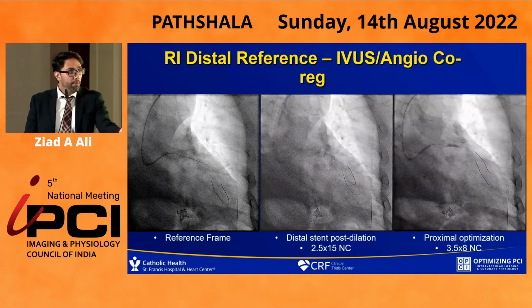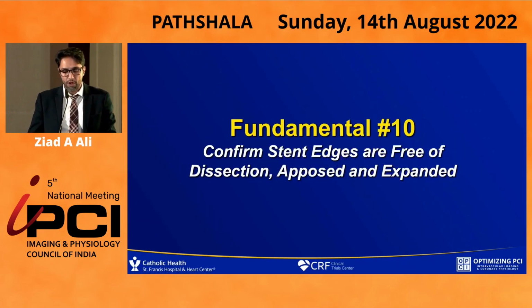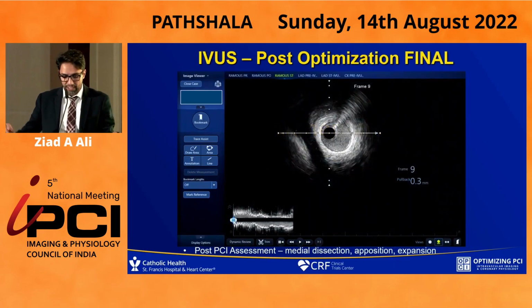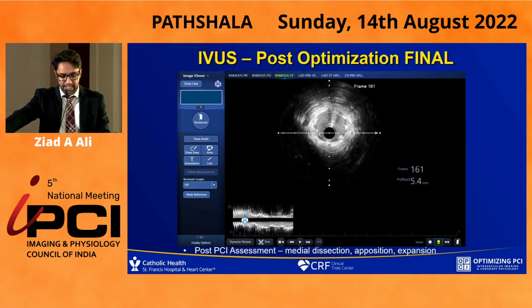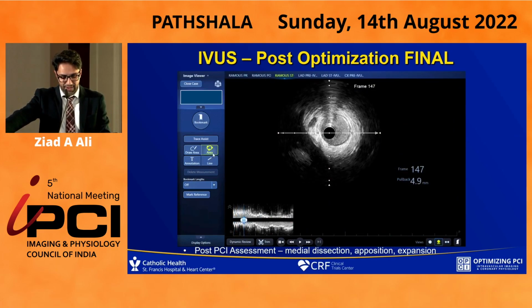We can also do our post-dilation using exactly the same strategy. We should use the MLD max approach. Your distal reference rounded down for the distal half of the stent, your proximal reference rounded down for the proximal stent. And then following this, all we need to do is do our post-PCI assessment, and that is to scroll in, look at the edge of the stent for any signs of edge dissection, measure the distal reference area, which is going to be our target,